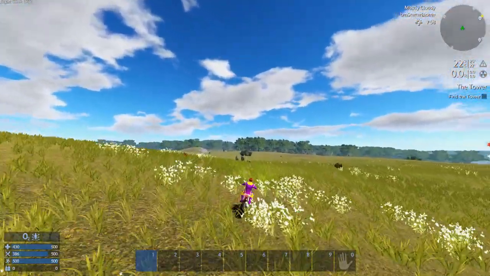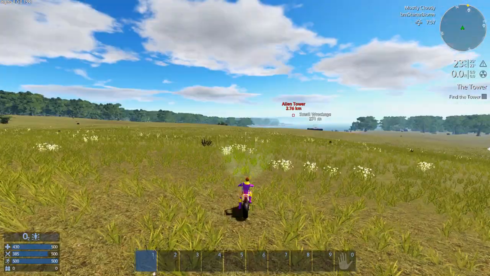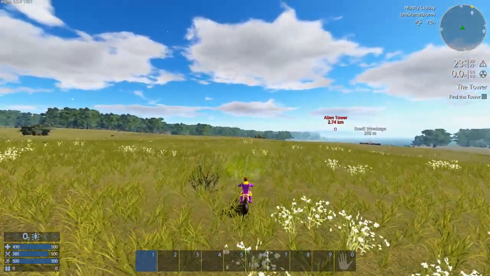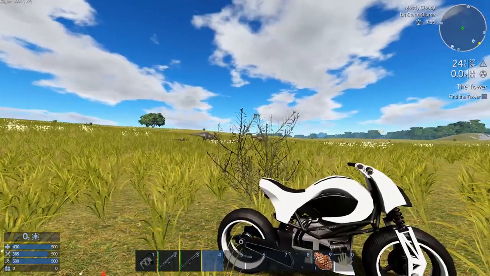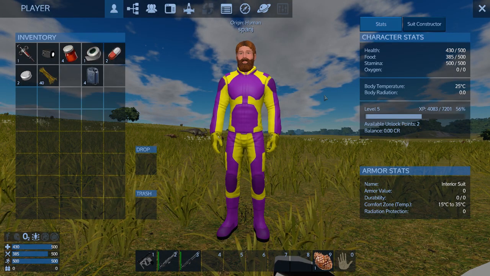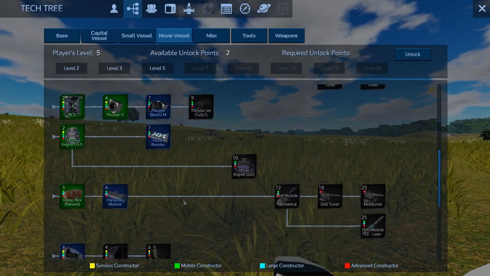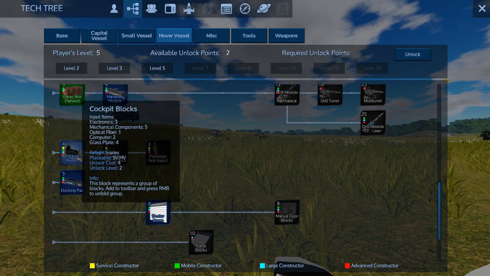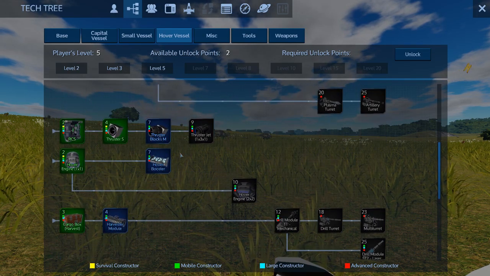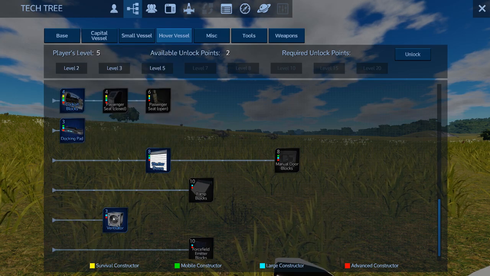HV enough to get an armor locker on it, but I need to level up to unlock it anyway, so best way to level up is to shoot things. That's the only thing other than, you know, gathering stuff. I'm level 5. I have two unlocks. I got the armor locker, I just need...